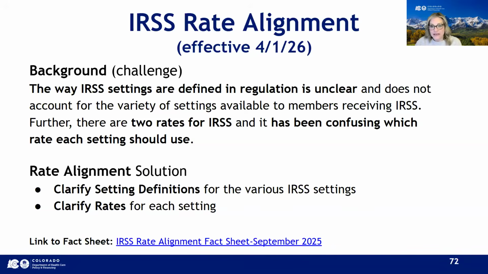Again, there are 2 rates. One rate is for people who live in the home of a person who is taking care of the member. Sometimes this is family, and sometimes it is not. That is known as a host home with a specific host home rate. The second rate is for a member who lives in their own home or the home of a provider, and caregivers come in and out to provide care. This is known as a staffed home rate. Because of the administrative costs of running a staffed home, it is more expensive, so the rate is higher. Workers are not at home, and so they must be paid hourly.